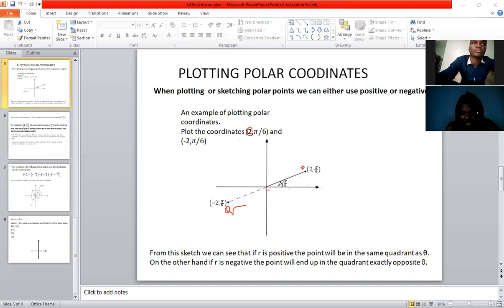Okay, we measure from the x-axis to the y-axis, I mean to the line that goes to point Q. And then we can still measure from here, from the x-axis, but